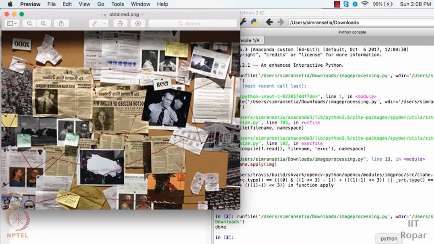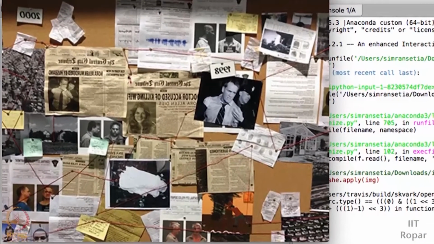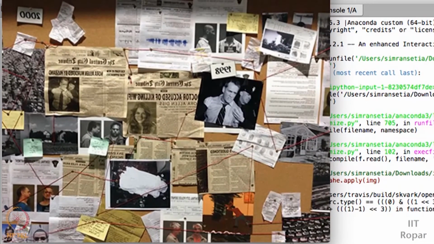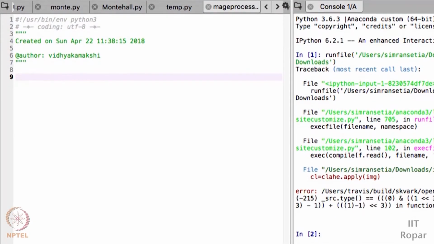As you could see, it looks like some mirror image. All that we can make out from this image is just that some newspaper clipping photos have been pasted on the wall, and what is written in the newspaper, it's not so clear. This being a mirror image, it's not so clear for a person to understand what is being written here. So let us apply some image processing technique, transform this image into a form that all can understand, and let us try to see what is there. This is our first image for image processing that we are going to do now.